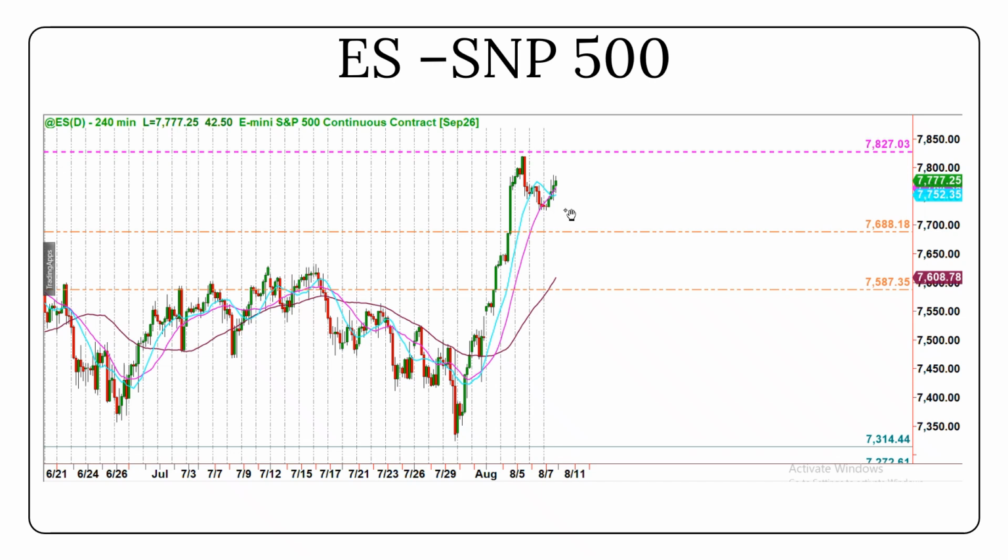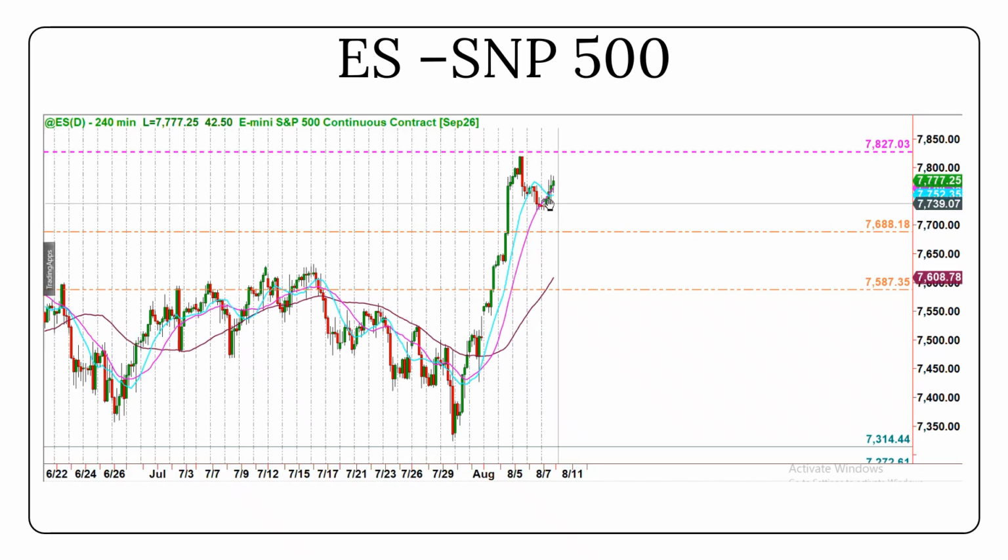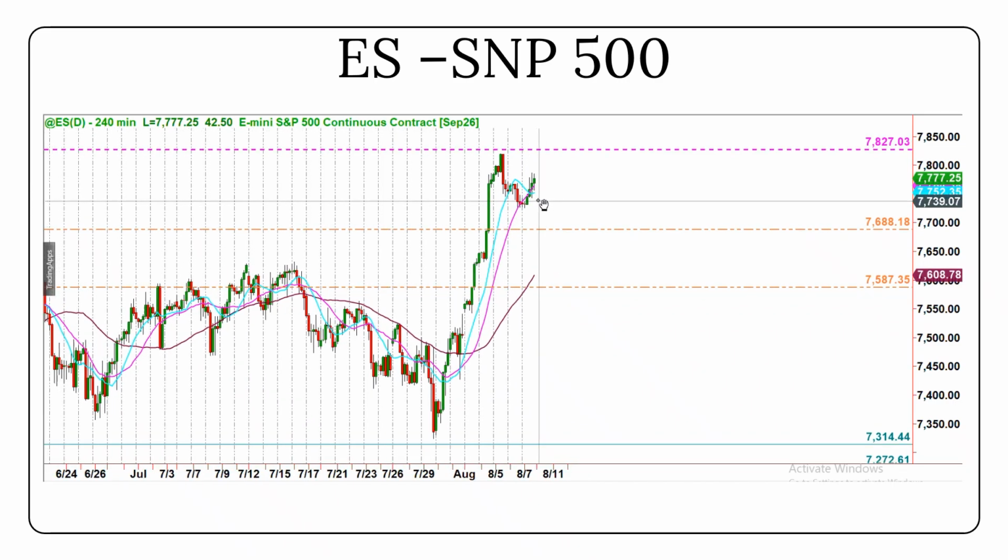So the best zone that we can see as of now is at 7726.69 and 7739.07. So that's the demand zone that we're looking at the moment,